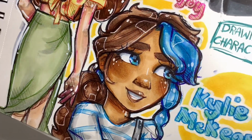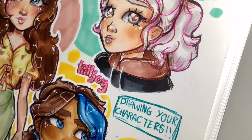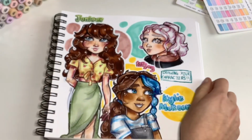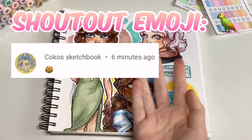As I said earlier, Killjoy did end up being my favorite drawing that I did, but I do love all of these designs and I love the whole page, the layout, everything. I love the writing, the font is pretty cute, and here are the shout outs